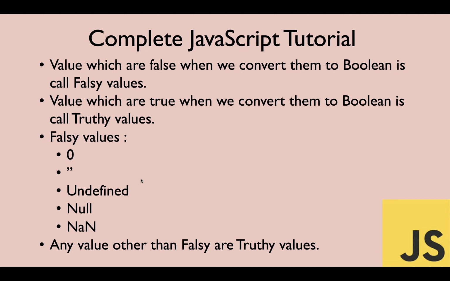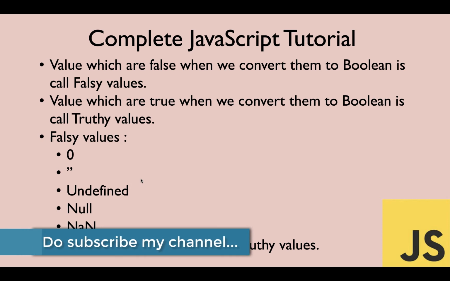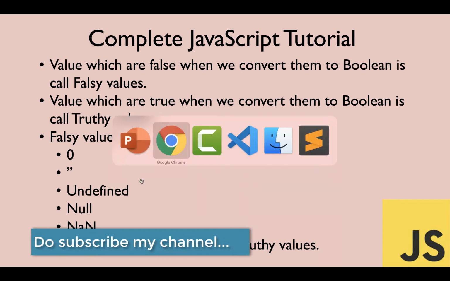We'll see in examples exactly why it's a falsy value. We'll see that in the practical session, not to worry about that. And also what exactly is a truthy value. Anything apart from these 5 values is a truthy value. So it's quite simple and we'll see this in the example. I'll go to my browser first to show you what exactly I mean.